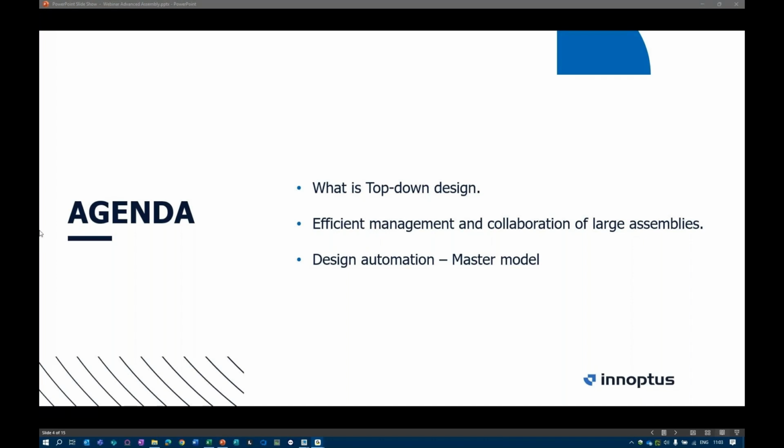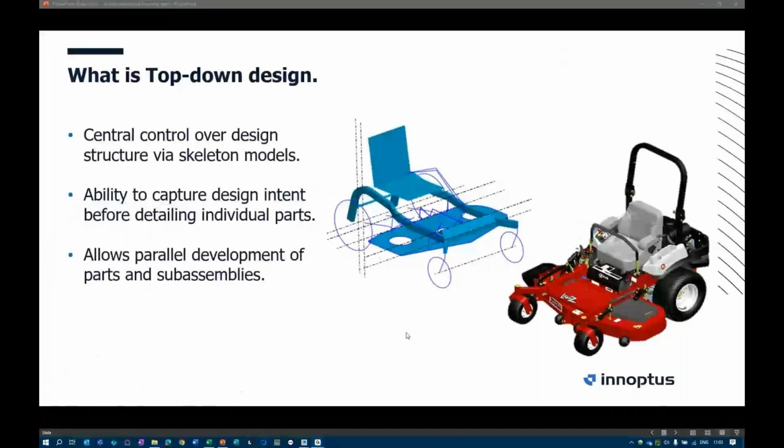Thank you, Dries, for the introduction. So let's have a deep dive into top-down design and advanced assembly module. First of all, what is it? What is top-down design? Well, it's a central